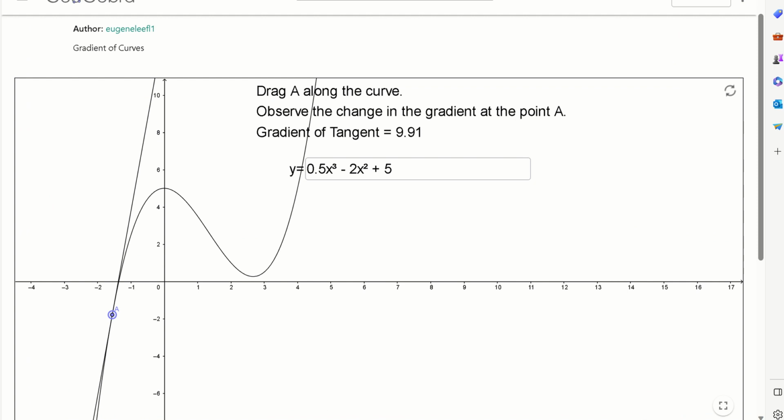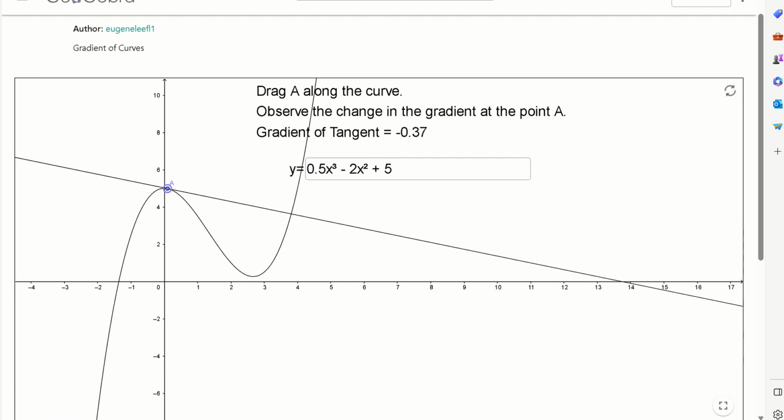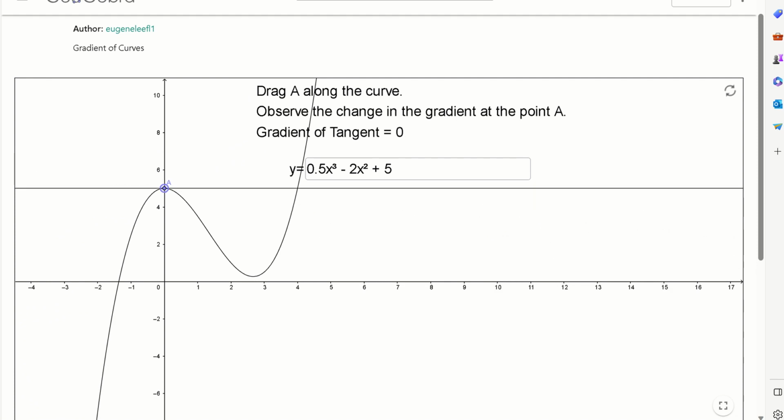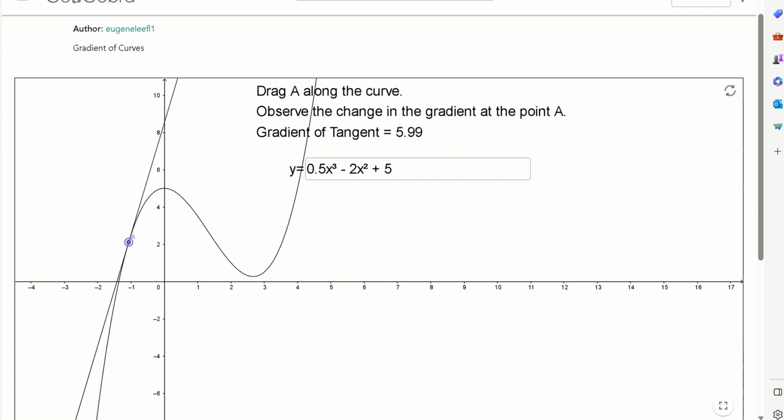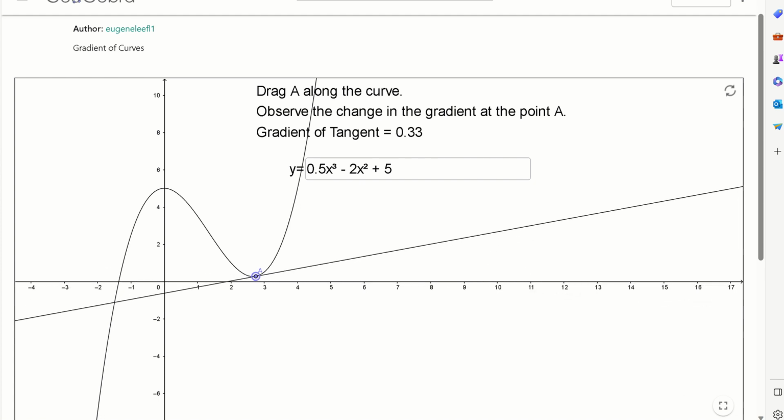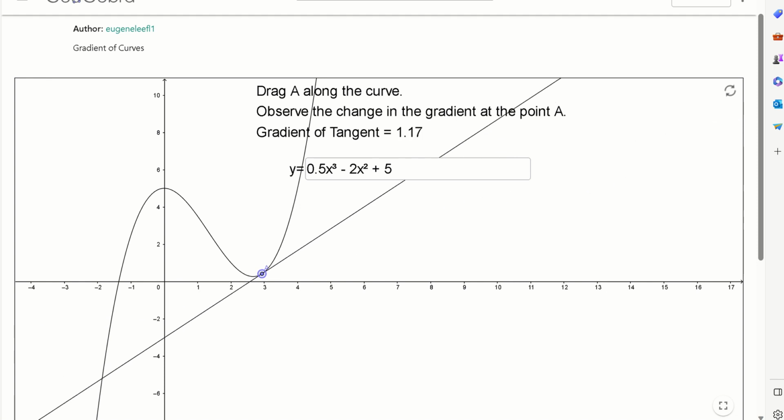So if we have a look at this cubic graph, we've got a tangent, and you can see here that the gradient of this tangent, of this straight line, is changing depending on where it is on the curve. You can see at the maximum point it's 0. Here it was a positive gradient, and then as the graph is turning, it is a negative gradient, gets steeper and then less steep, and then it's getting closer to 0 again at the turning point. Let's see if I can make it a 0. No. Okay. So it is definitely a 0 at the minimum point, and then it is becoming positive again and